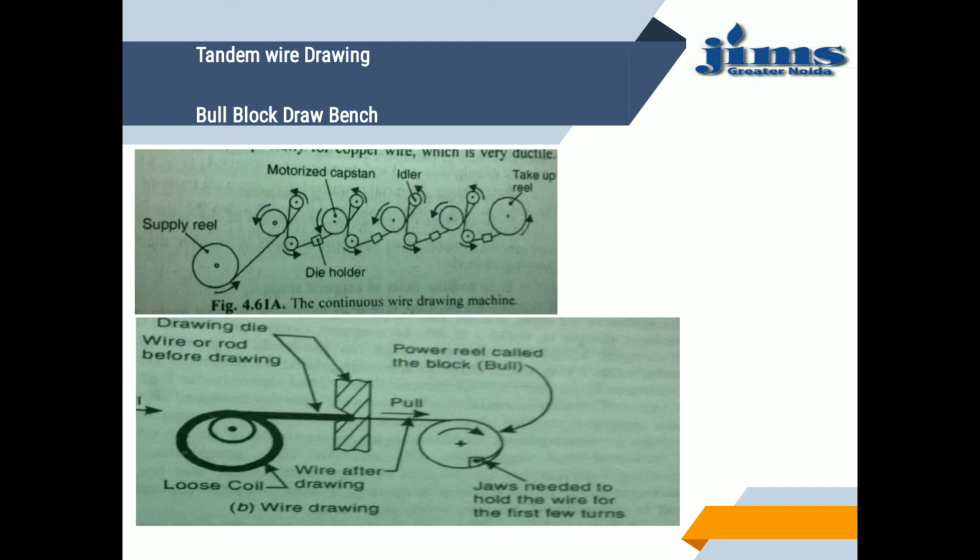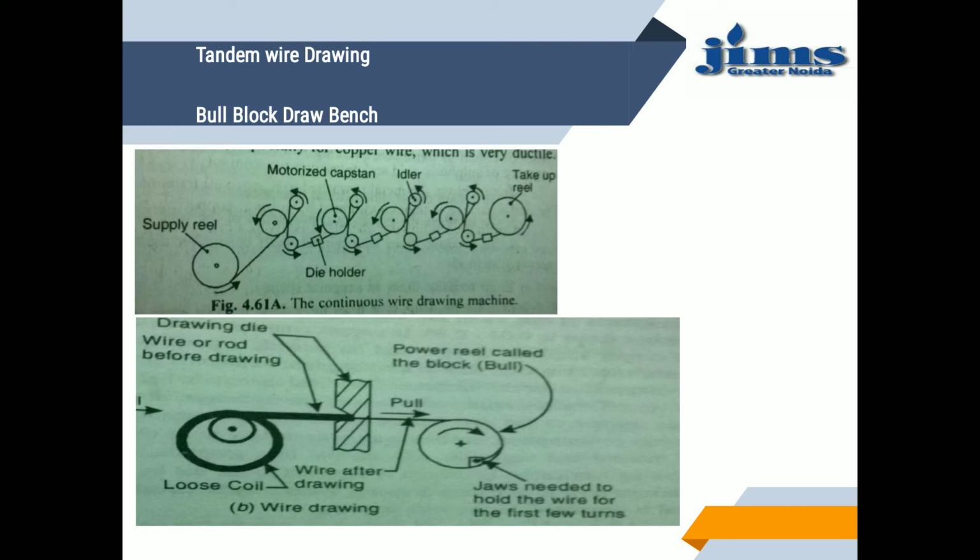Wire drawing speed for large diameter is 10 meters per minute, whereas for thin wires it can be up to 1800 meters per minute. In this process, sufficient heat is generated, which is dissipated with the help of water.